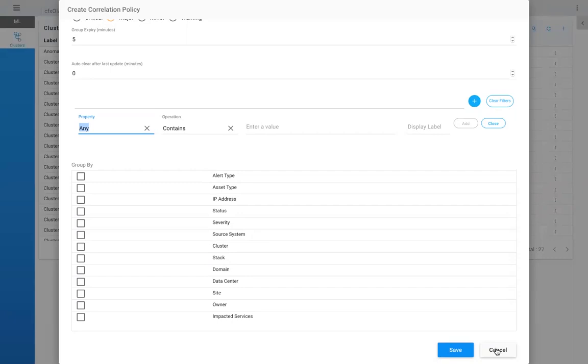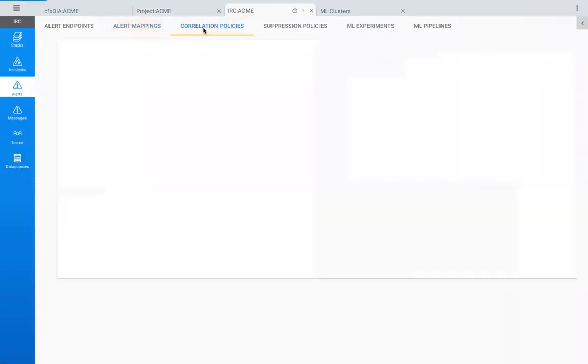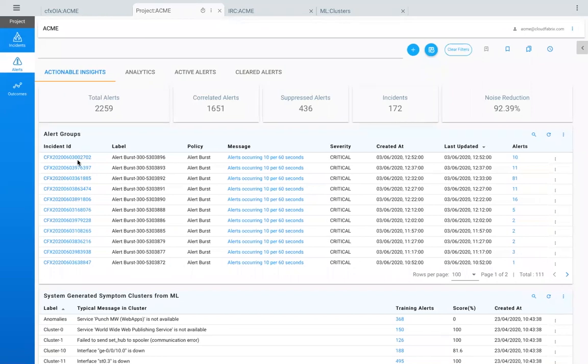And as I said, it's very important that the stack definition is kept up to date, because things change. Sometimes you may add a new VM or new storage to your particular application. It needs to be automatically reflected here. So that is a very important thing for you to take into account when you're evaluating this. And similarly, the suppression policies. So now we have shown how we are ingesting from the different sources, how you are enriching that, and how you are creating the correlation policies, and finally the incidents.